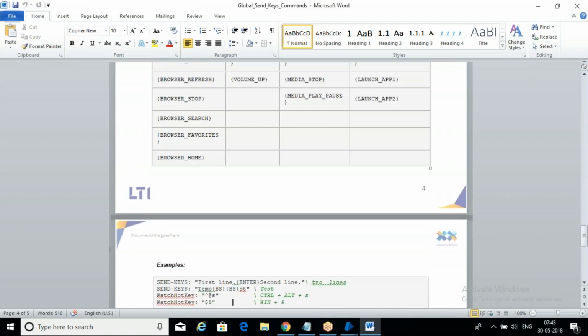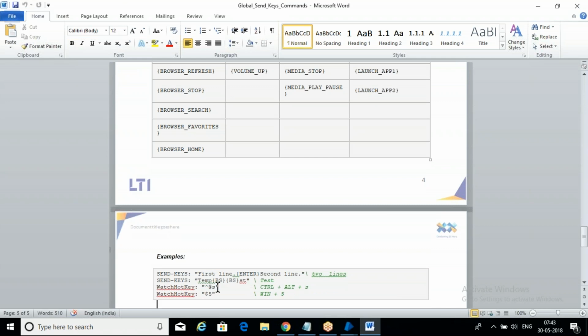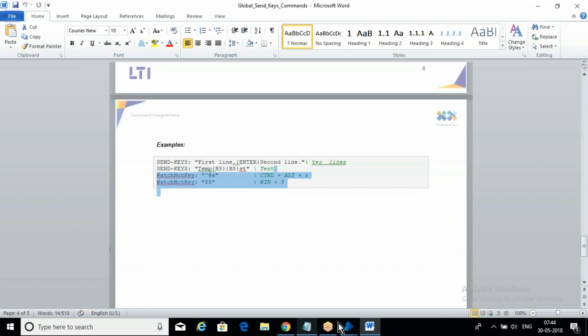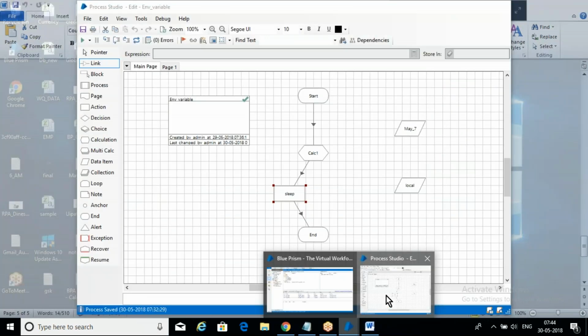And then if you observe the combination here, I'll show you the combination. See this, Control S, Alt S, right? So it will be like this, Control Alt S. So for any combination, there is no need of flower braces. Okay, so now we'll see how to work with the global send keys option using Notepad. Some applications do not support it, and then we can't use this global send keys option. Okay, so let me create an